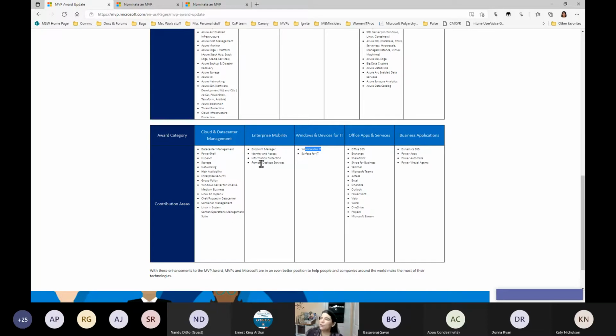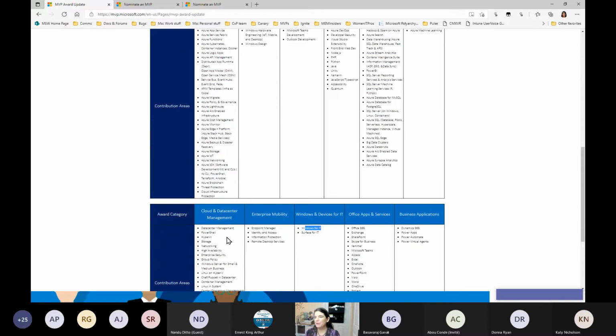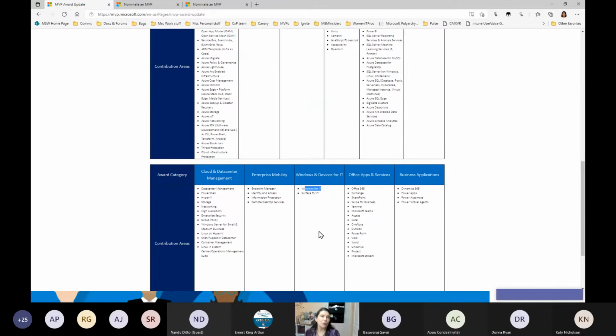And even within the programs, I tend to run Mem as a very separate category and do a lot of things that are open only to the Mem MVPs that I have identified and said, these are part of my people. Whereas the Windows stuff, I tend to run more open because it just reaches across a broader spectrum of these people. There may be a lot of CDM or Office apps and service people who are also interested in that, and I'll go ahead and let them in there.